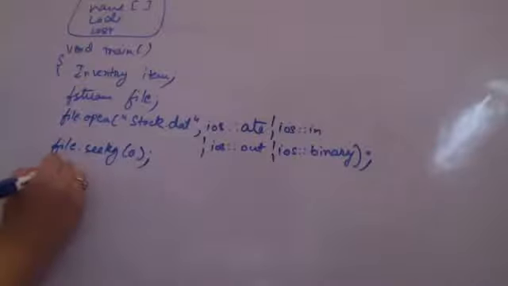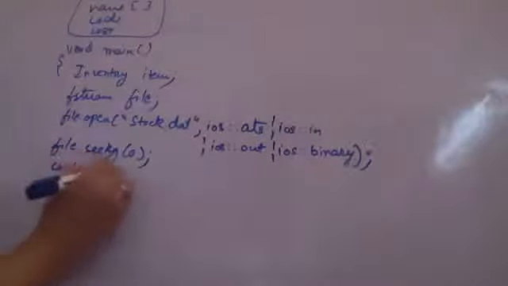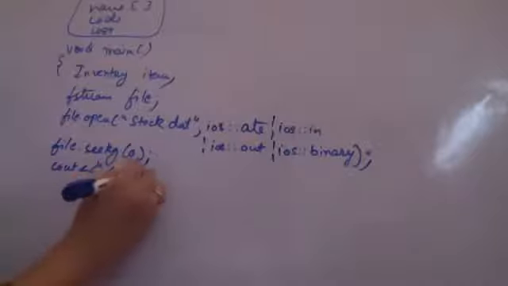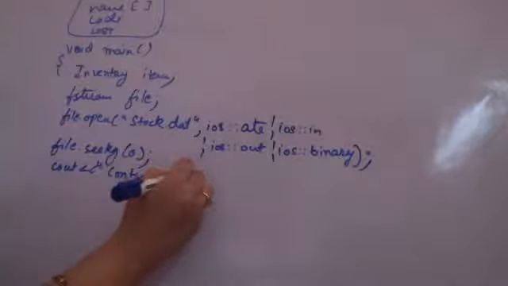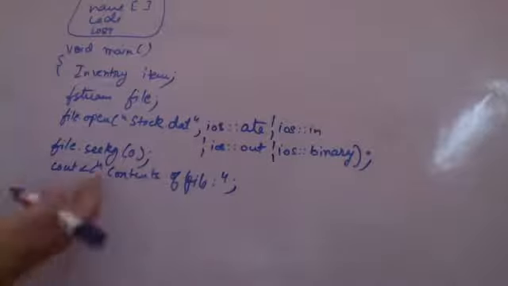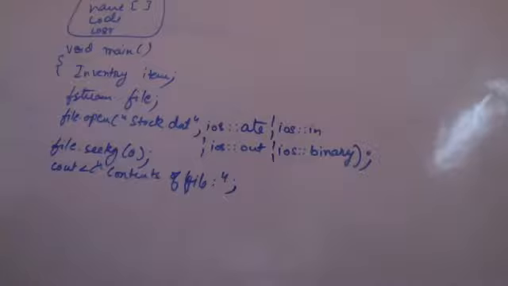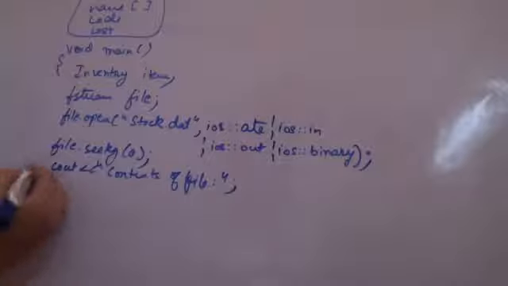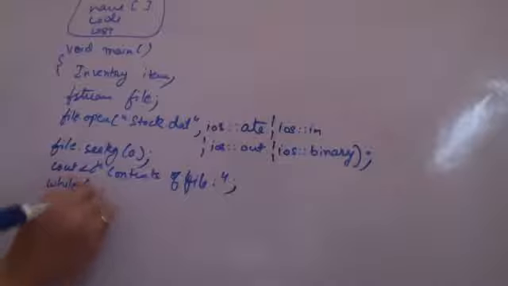So let us see the current contents first. Contents of file, initial contents I want to display. So I'm displaying the initial contents of the file. I want to read one item, and then I will be going to display them. So while I am able to read,